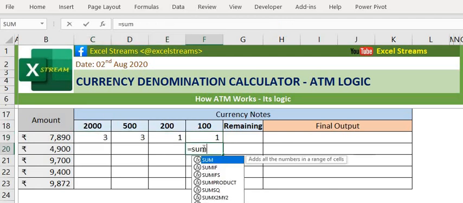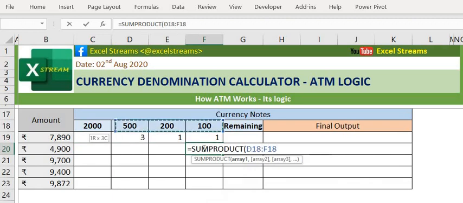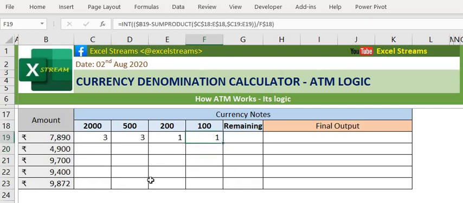If you do the SUMPRODUCT of this, you got 7,800. We have 90 rupees remaining. But in Indian ATMs, there is hardly any 50 rupee note or coins. Okay, so what will we do?